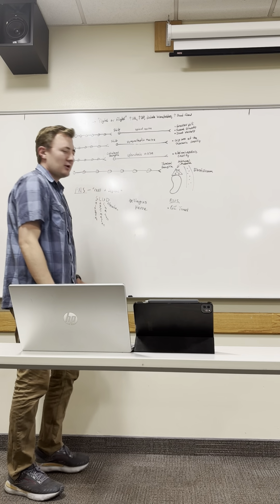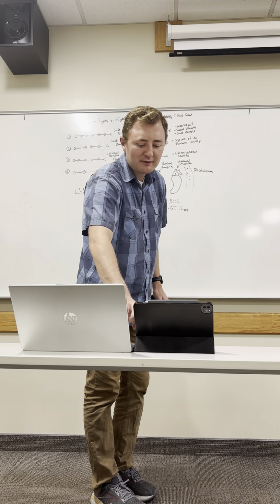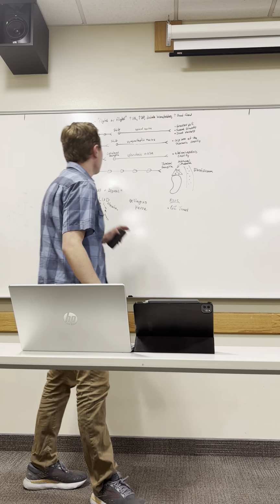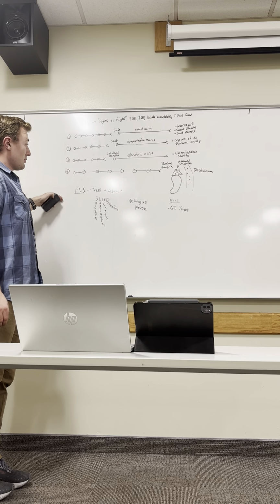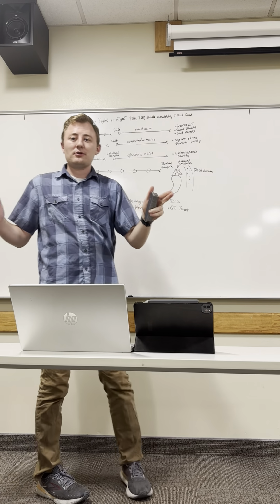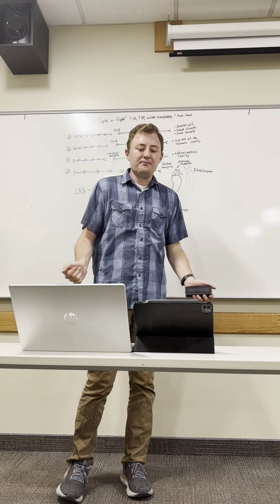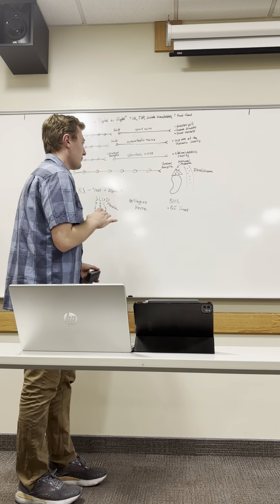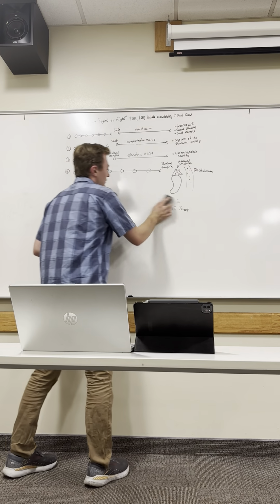Now, I'm going to erase that and let's talk about some specific, so these are the specific routes that can be taken in each of these nervous systems. These are just pathways that can be taken to get to places where neurotransmitters need to go to. I'm going to erase this and we'll talk about next